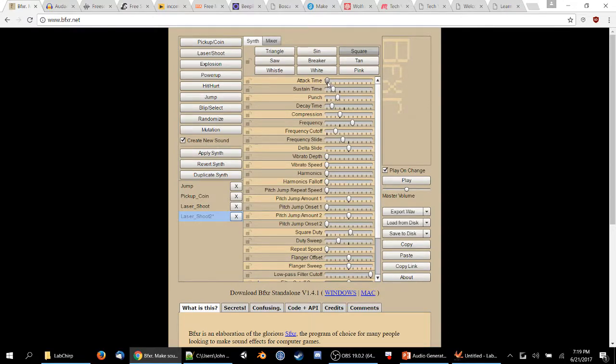then you can try that out. But if you decide, oh wait, I was wrong about that, there's a revert synth. You can revert it back to its original and go back to the way it was. It's kind of fun to play around with, but if you just want a sound effect, you can create one and mess with it a little bit. If you have a few different sounds, you can combine them and make it into something. And then you can export it.